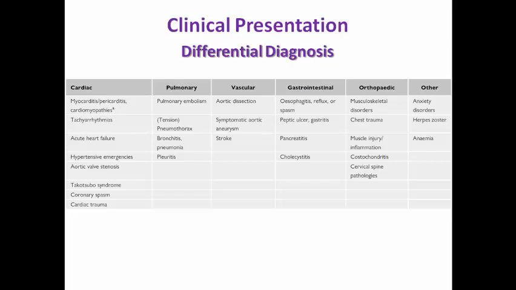Gastrointestinal causes like esophagitis, reflux or spasm, gastritis or pancreatitis. Orthopedic causes like musculoskeletal disorders, muscle injury, costochondritis, or other causes like anxiety, herpes zoster like preherpetic or postherpetic neuralgia, or